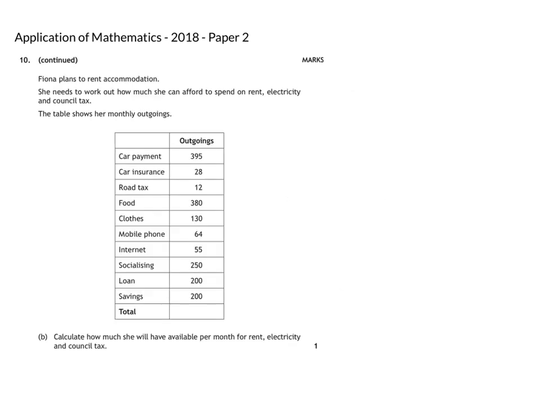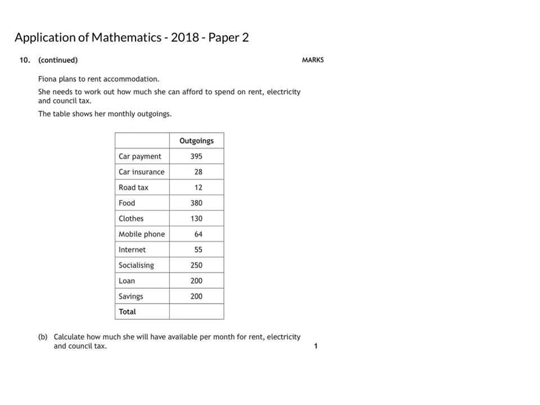So Fiona plans to rent accommodation. She needs to work out how much she can afford to spend on rent, electricity and council tax. The table shows her monthly outgoings, and we have to calculate how much she will have available for rent, electricity and council tax. So we need to add all those values up,